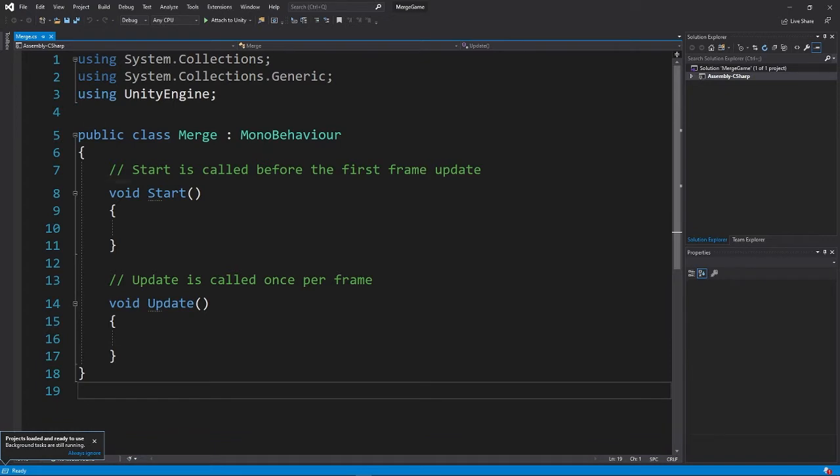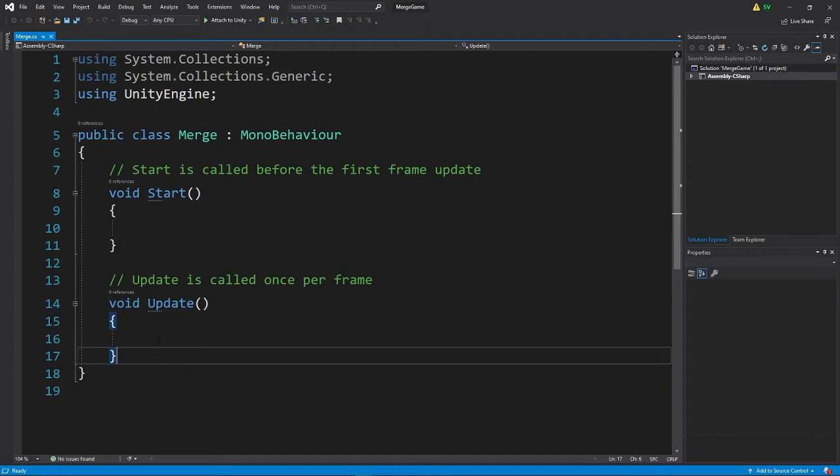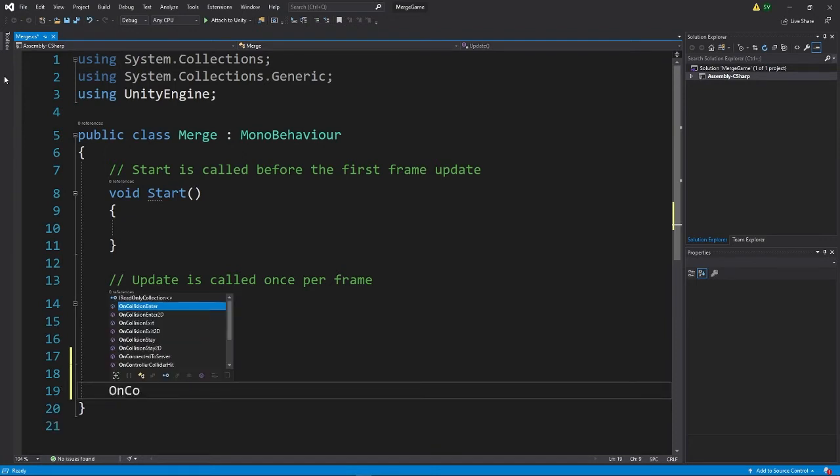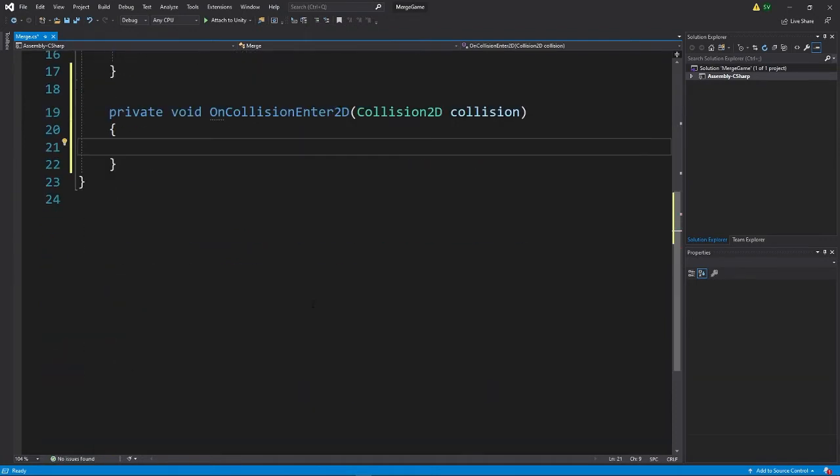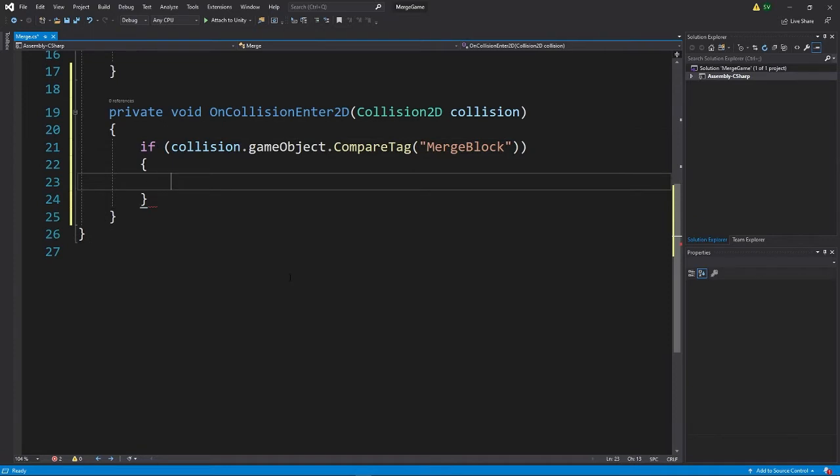Now, we want it to merge when two blocks collide with each other. So, we first want to check if the tags are the same, the tag we collided with and our tag, or something like that. So, we first put it in OnCollisionEnter2D, and we want to check the tag. So if collision.gameObject.CompareTag merge block, and then go here and put in if